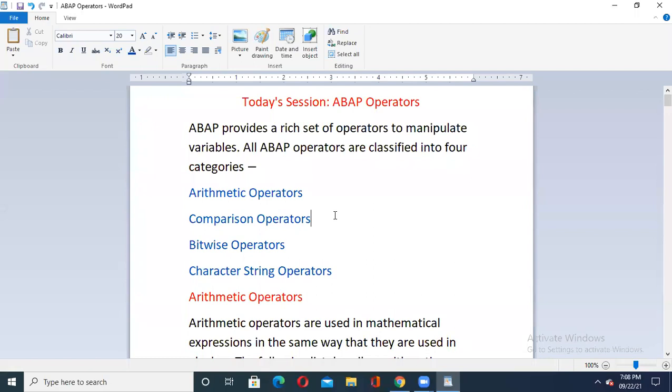Character string operators are related to string handling or manipulation. In other programming languages like C, we studied various predefined standard library functions to handle strings. To find the length of a string we generally used the strlen function, and to copy a string we used strcpy. But here a specific operator is given, so handling strings is quite simple in ABAP programming.